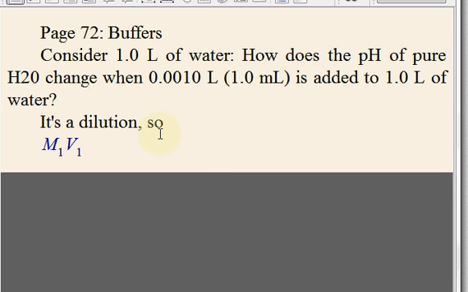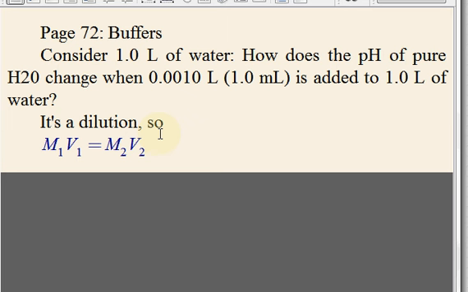By 1 and 2, let's rename them initial and final. Which one are you talking about as your initial and which one is your final? What are we looking for? We're looking for how the pH will change when that amount is added. Right, so we're looking for the